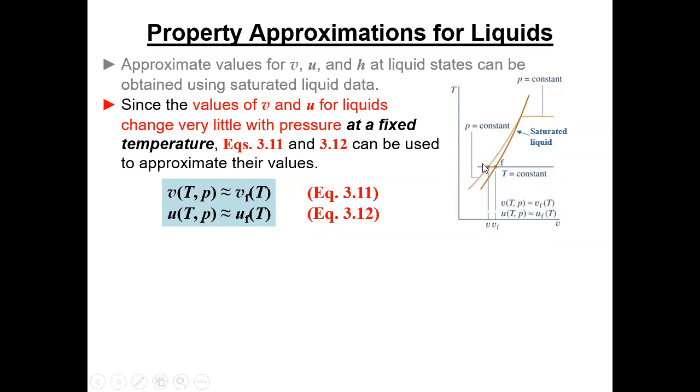Okay, and so the purpose of this discussion is to show you that unless this pressure is tremendously large compared to the saturation pressure here, you can look up these properties at the saturated liquid condition and use internal energy, specific volume, and a lot of times enthalpy as if they were saturated liquid at this temperature,